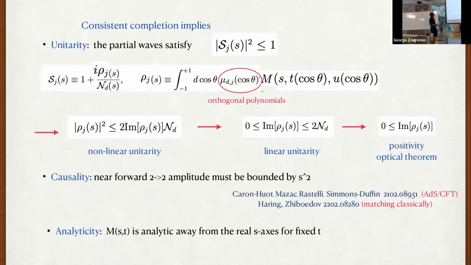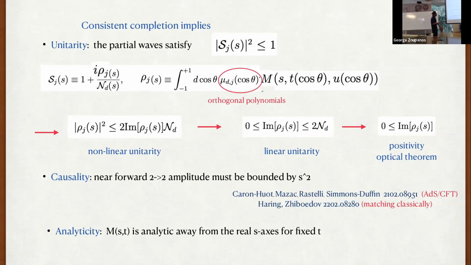So good. So now we're going to do Bootstrap, and what Bootstrap means is that I'm going to constrain that amplitude just using fundamental principles. So what are the principles that we have? I've listed them here. First is basically unitarity, which tells you that the S matrix squared must be smaller than 1, and therefore when you expand it from 1,